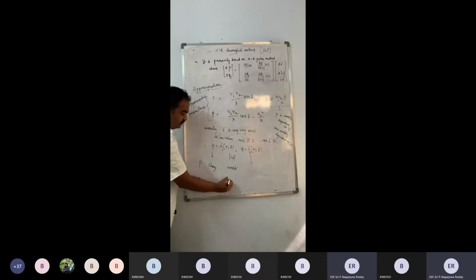Whereas in case of Q, this is weak and this is strong. If we consider this approximation,